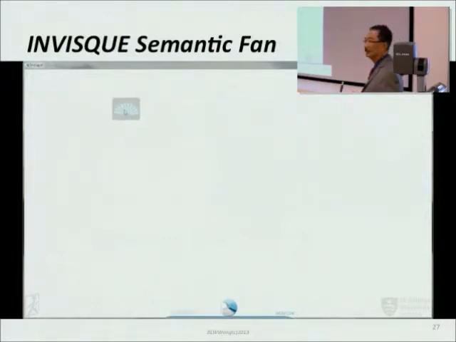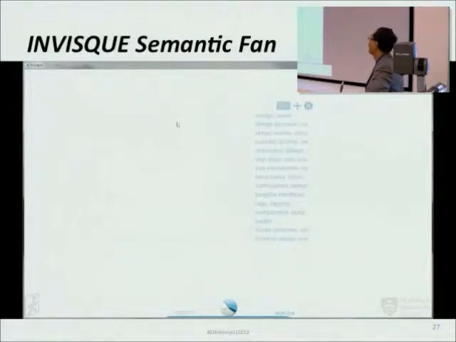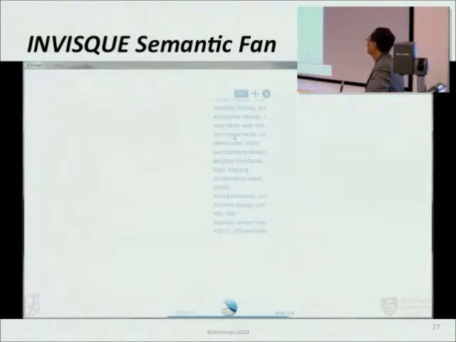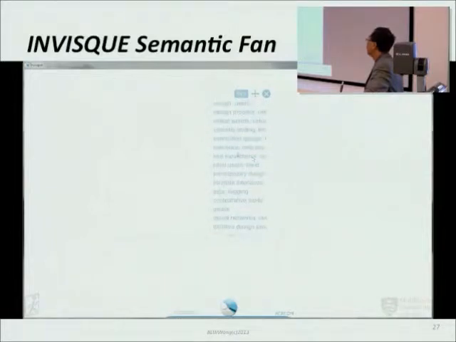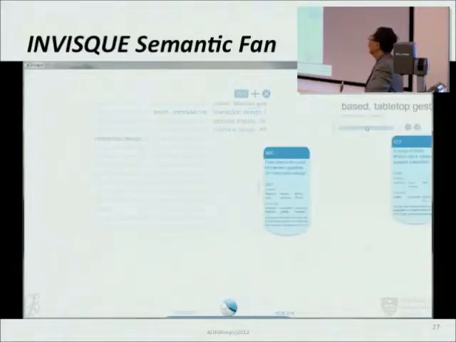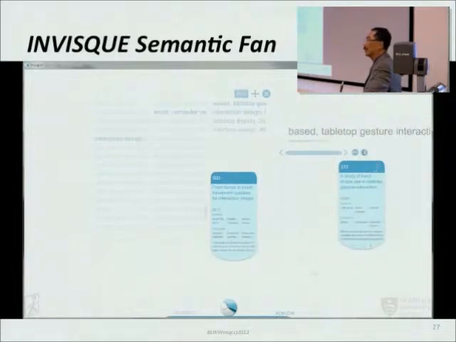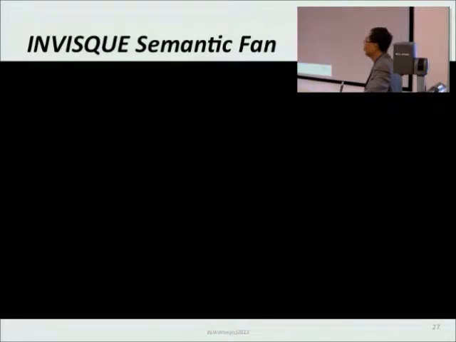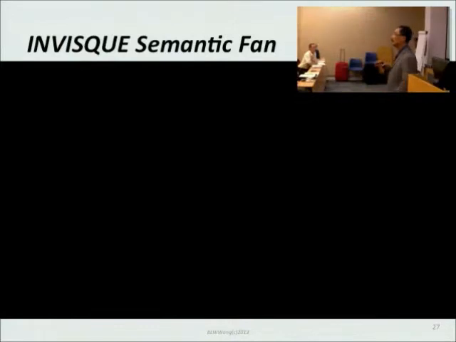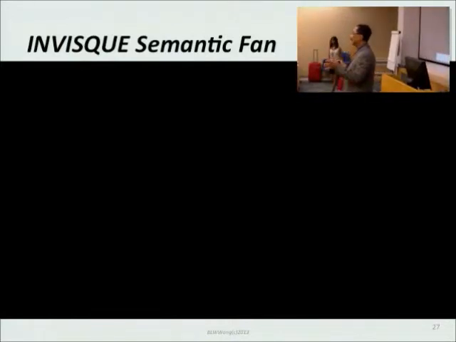This is the semantic fan. Yeah, the tree map initially. Search for a piece of information that you want to extend on, and it gives you more information that's related to the particular topic. And if you want the specific data sources, you can then drag them out and search them on an interface. So that very briefly was a very quick example of how we made use of tree maps